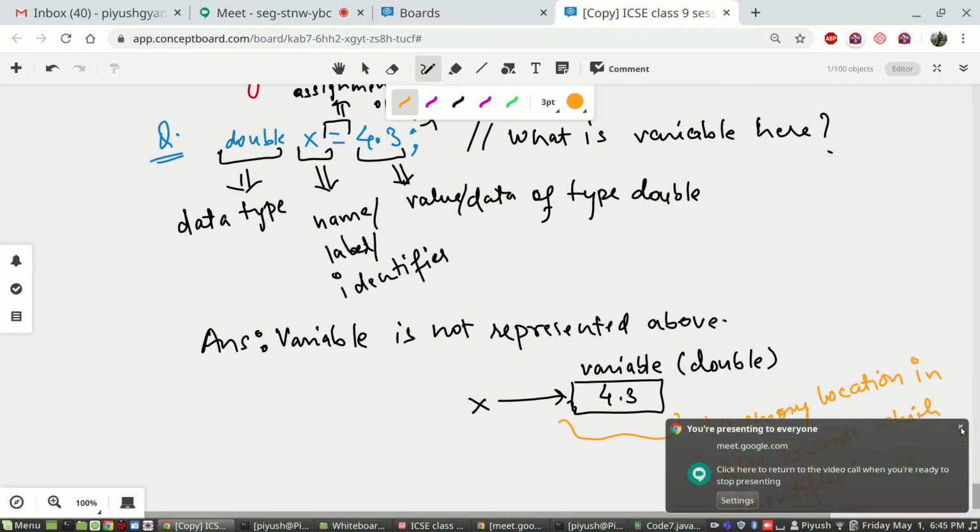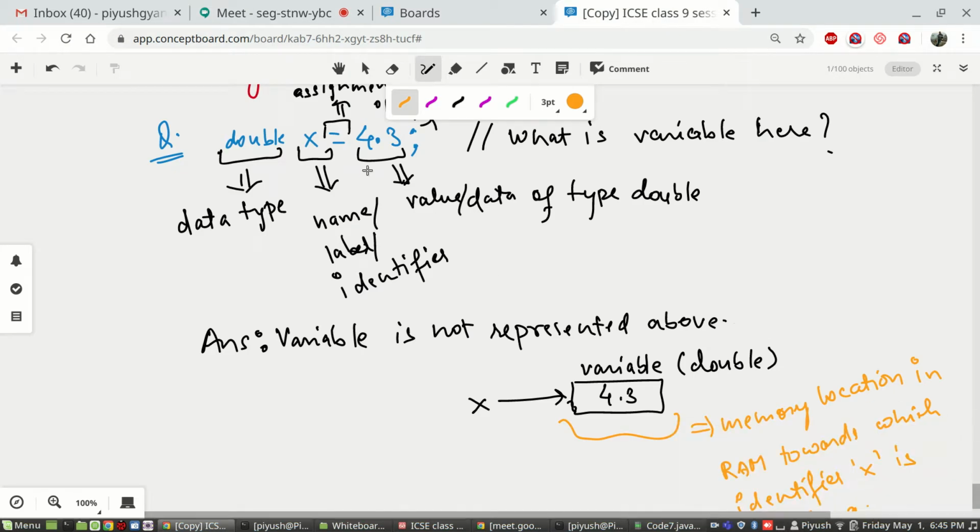From this point, many people get stuck. Most of them say x is the variable. No, a variable cannot be represented as a line of code. Why? Because it has its existence in a memory location. It's just like when you go to a hotel that has many rooms. We say room number 101. But is 101 the room actually? No, it's the name of that room. And where is that room? It is actually inside the hotel. Correct? So this x is just a label of that variable.